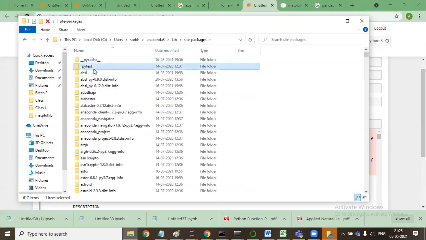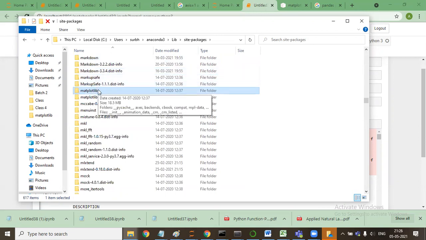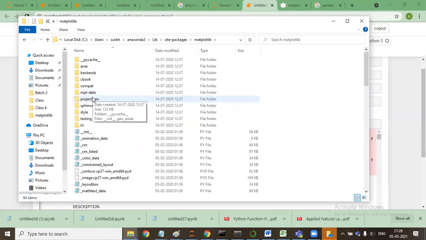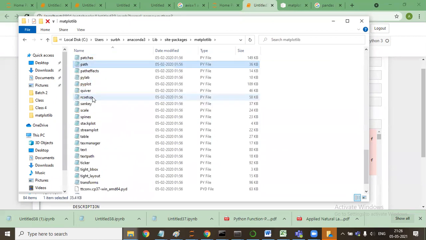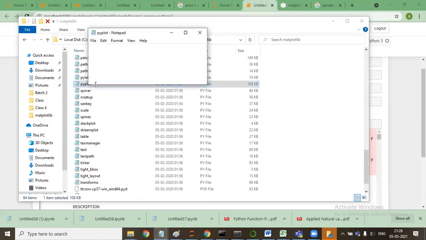It has a matplotlib folder, which means when I conda install matplotlib, this folder automatically comes here. If I say import matplotlib as ABC, it will take this entire matplotlib folder into my Python environment. But the plotting functionality is here, pyplot. You see a py file here. That is pyplot.